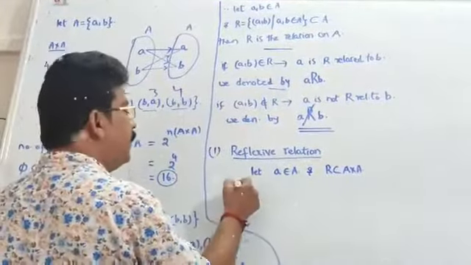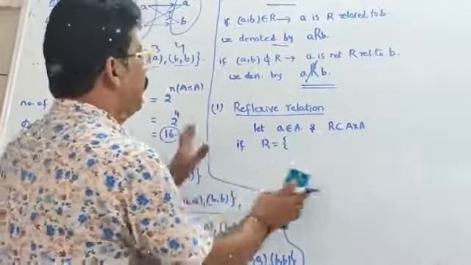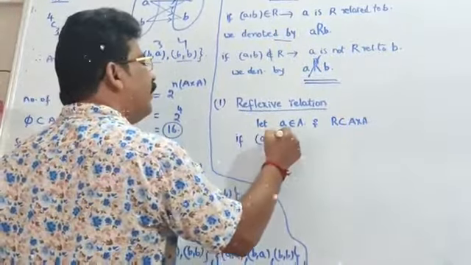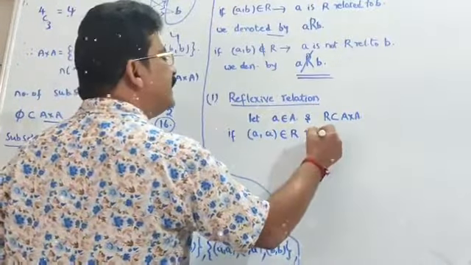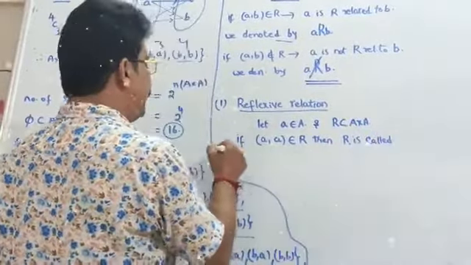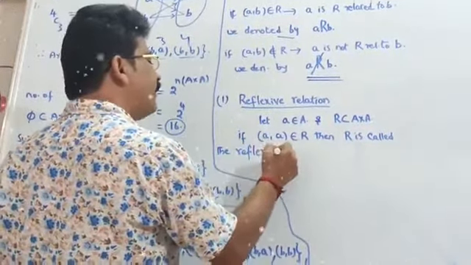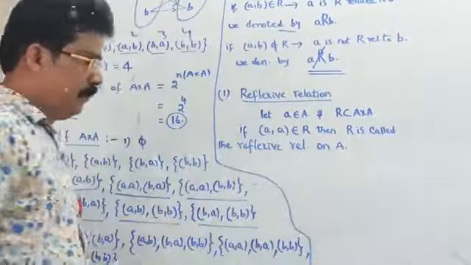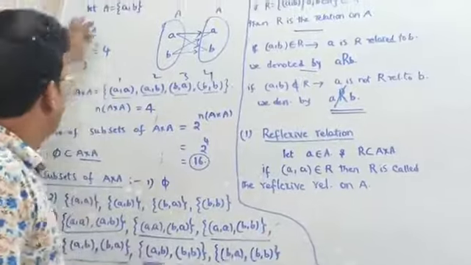First of all, R is equal to the set of, we can write like that. If simply the ordered pair a comma a belongs to capital R, then capital R is called the reflexive relation on capital A. We should write the definition like that. Okay. So 1 minute. Here in the same example,